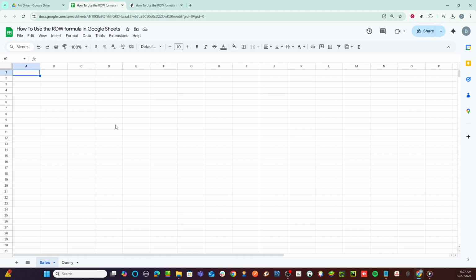Here's where the magic starts. In cell A1, type the following formula: equals ARRAYFORMULA, open parenthesis, ROW, open parenthesis again, and then specify a range. For this tutorial, you can use 1:20, which will calculate and display the row numbers from 1 to 20. Close both sets of parentheses, and your formula should look like this: ARRAYFORMULA(ROW(1:20)). The purpose of this formula is to automatically generate row numbers within your specified range, saving